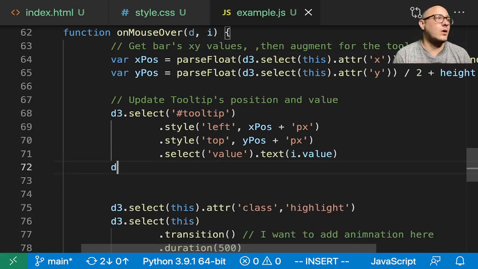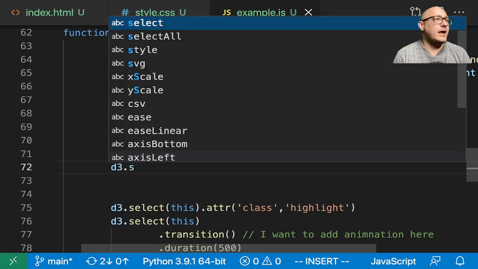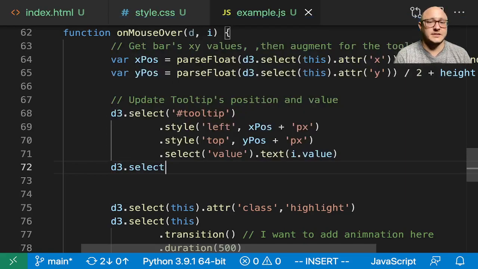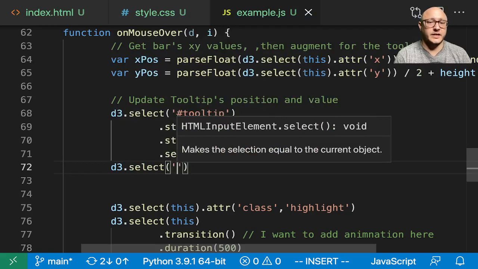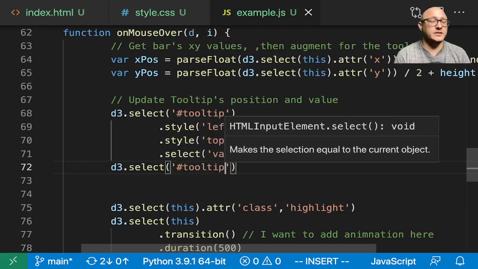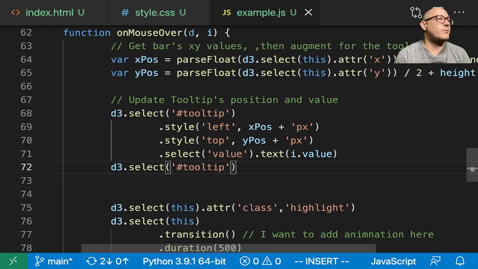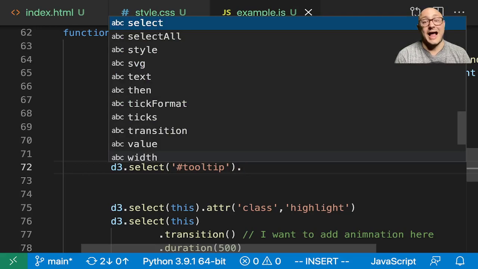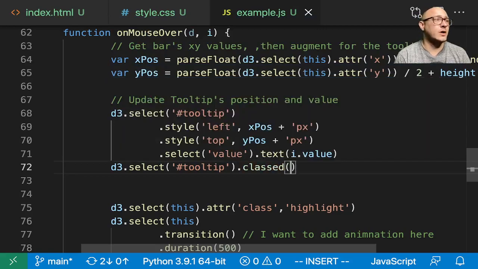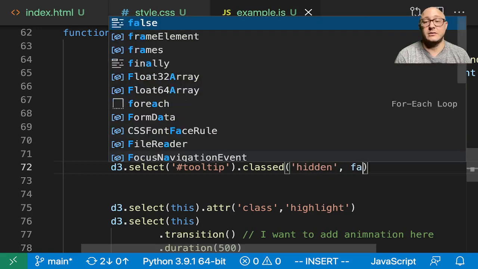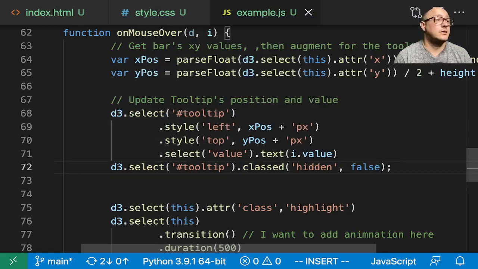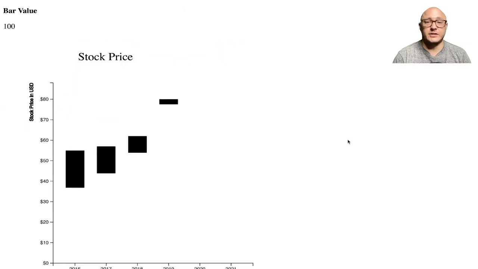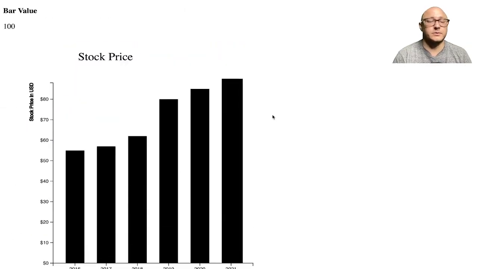So let's go on and we want to select again the tooltip, but this time we want to change the attribute, or well, it's classed. Sorry, it's classed. Before we had hidden was none. We're going to set hidden is false. And so now if I refresh this, whoops,